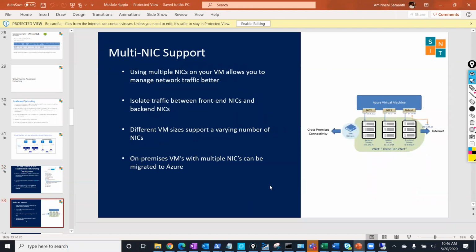On any virtual machine installed on Azure, you can have multiple NICs. You can have a single NIC according to your requirement, or you can add virtual networks accordingly. So if I go back to Azure,